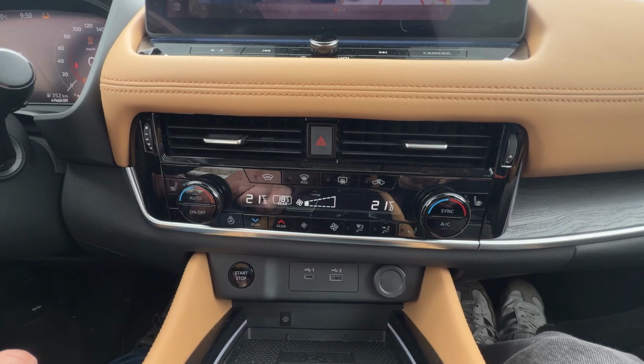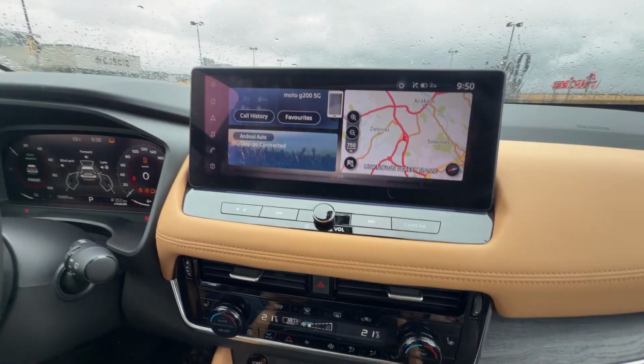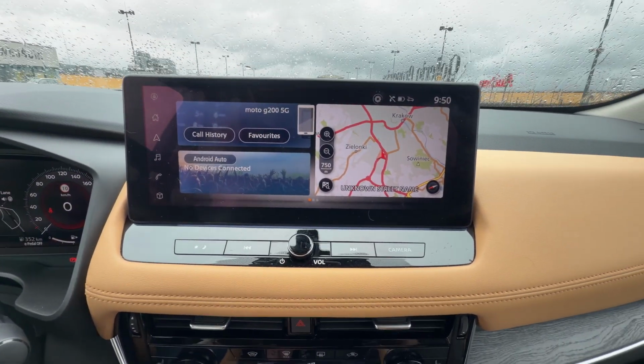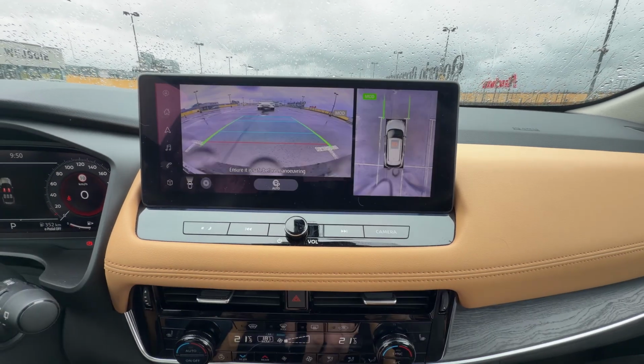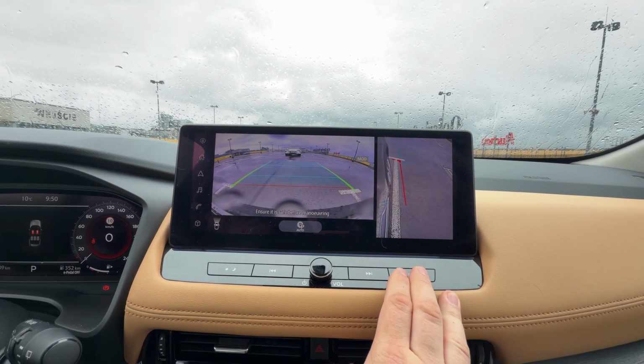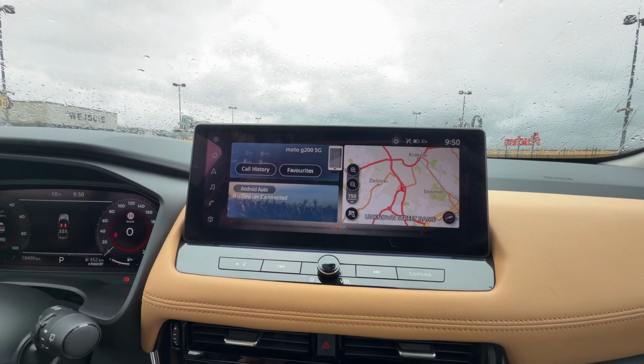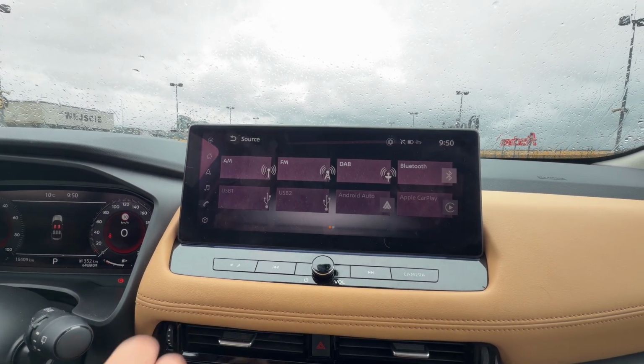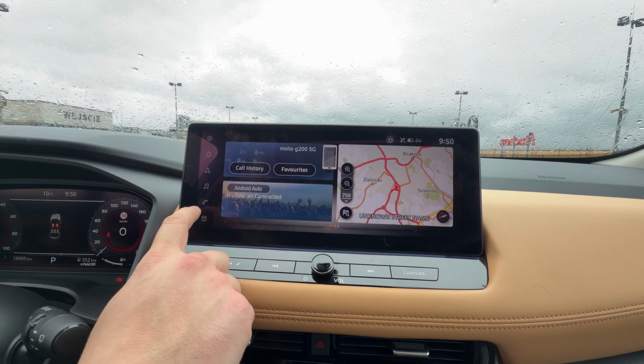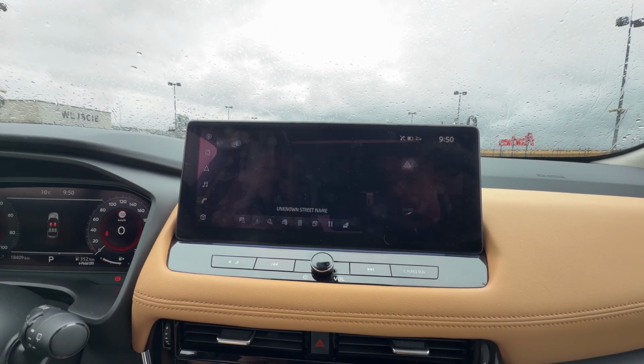And last but not least, let's take a look at the screen display. Screen display is equipped with multiple cameras. Unfortunately, we don't have 360 camera in this car. We've got Android Auto and Apple CarPlay that are wireless. We've got inbuilt navigation